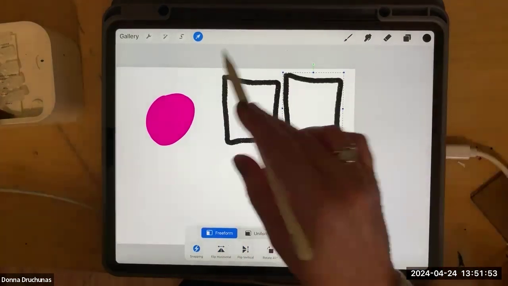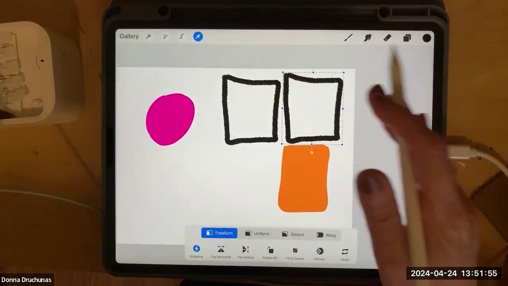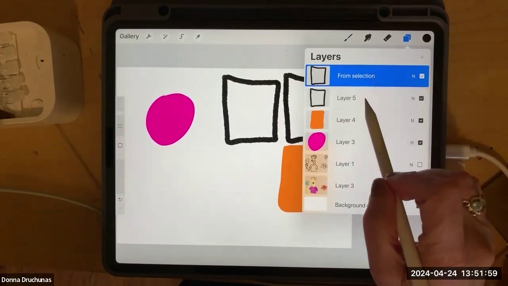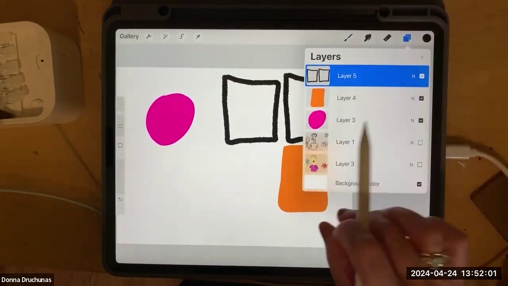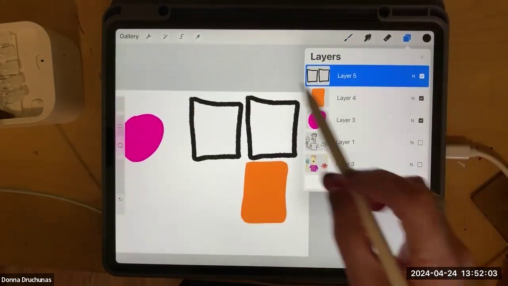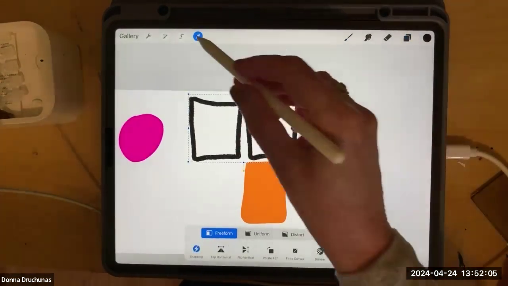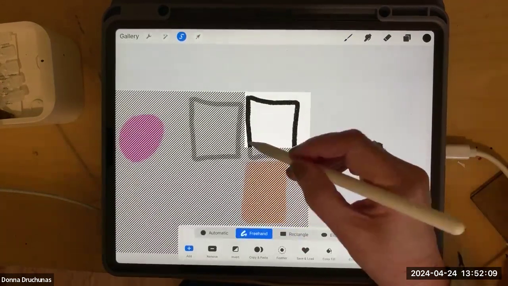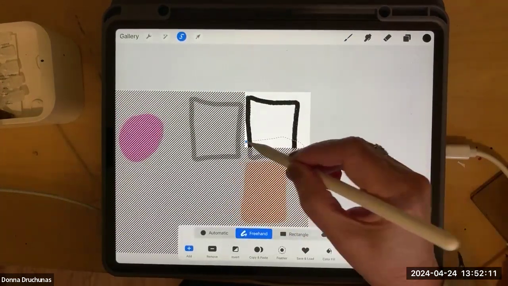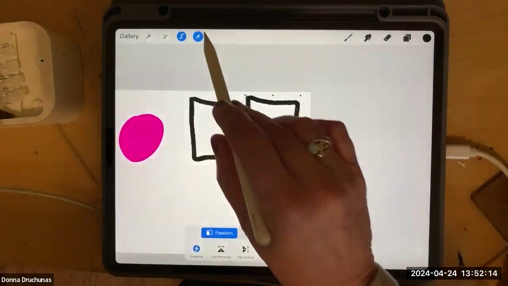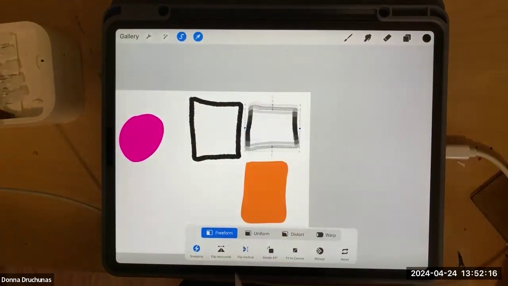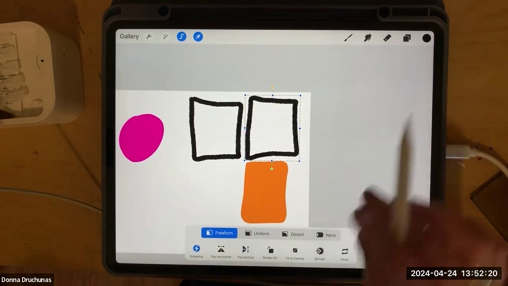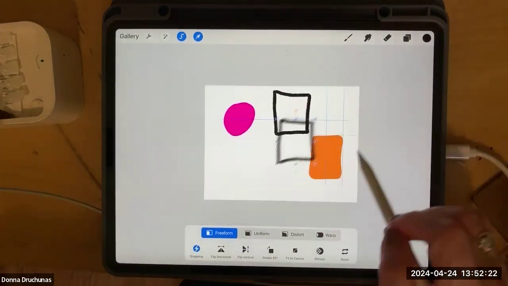And you can do that either with the whole layer or with just a selection. So like now these are two separate layers, but a lot of times I'll merge my panels and then I'll say, well, I only want to move one of them. So what if I take my selection tool, and let me use the freehand one this time. What if I take my selection tool and then I just want to flip that one around? So you can flip it vertically and horizontally with the selection tool